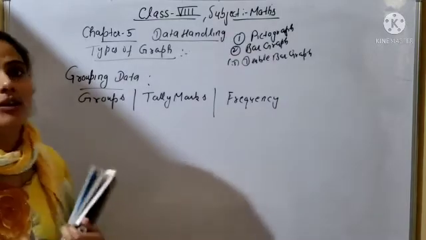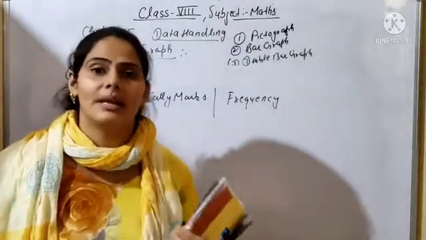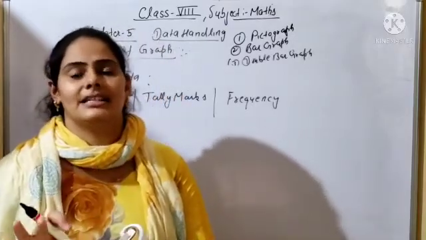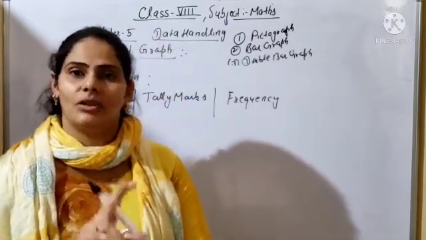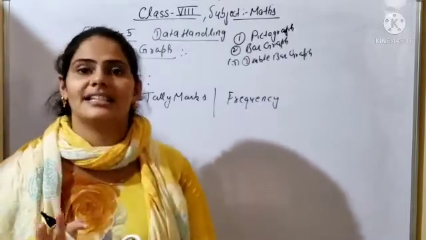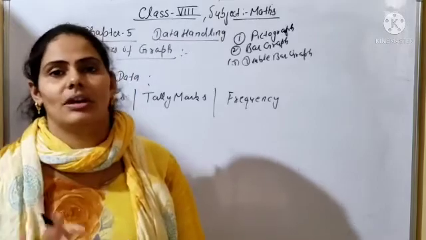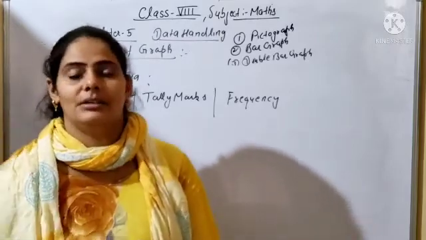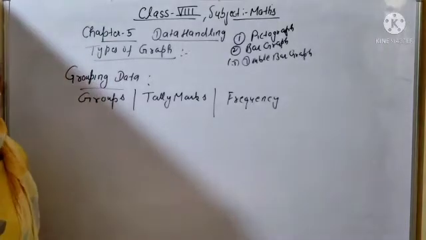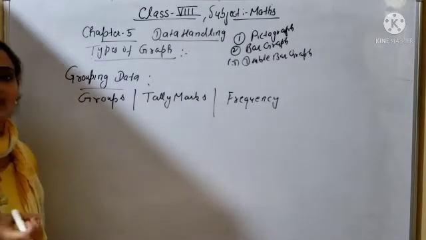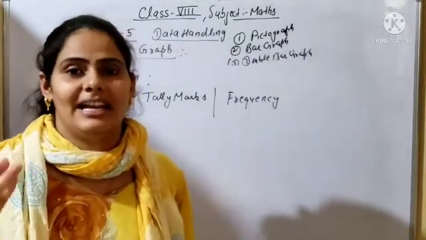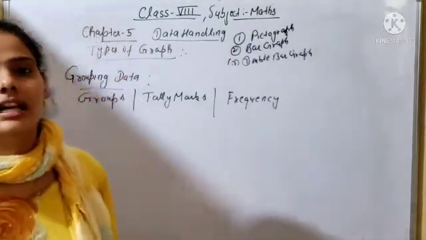So first of all, why are you using grouping data? Simple organized data means simple data is given, where one entry occurs only one time. If unorganized data is given, you will represent it in an organized manner. But grouping data means maximum data is given and any one data occurs maximum times. For example, 50 is coming 5 times, 9 times, like that. So you will use the grouping data.